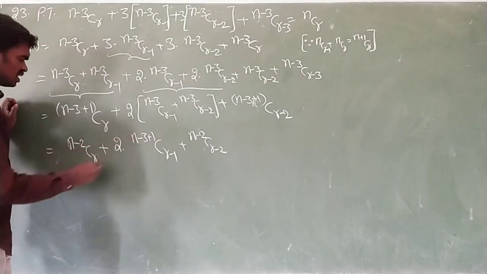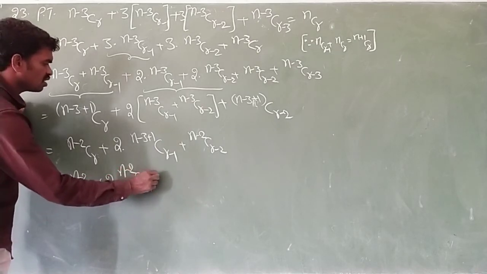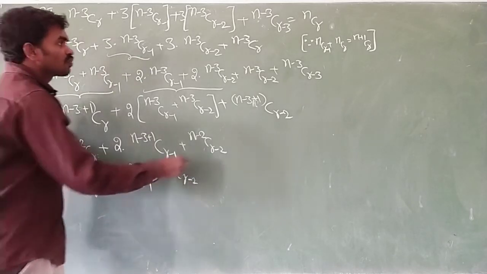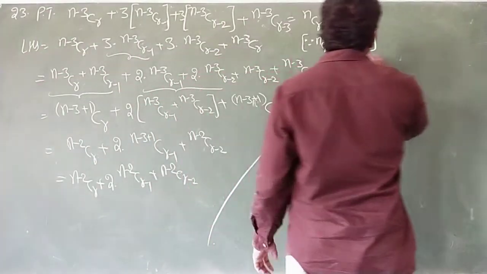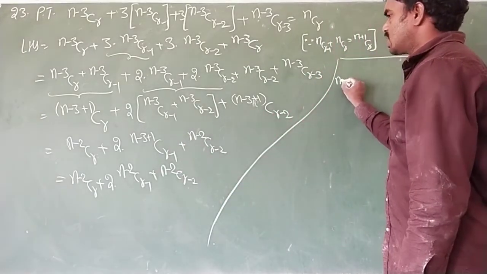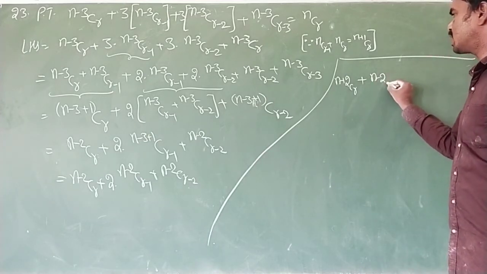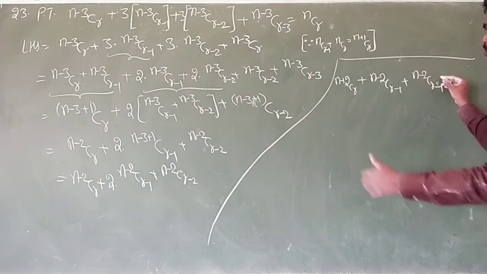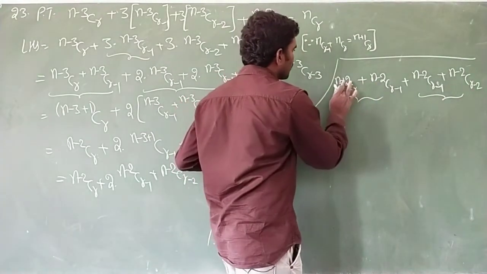Again simplify this, which is equal to (n-2)Cr plus 2 into (n-2)C(r-1) plus (n-2)C(r-2). See, again these are two terms. So the next two I am going to split it. Next steps: first, (n-2)Cr plus 2(n-2)C(r-1) can be written as (n-2)Cr plus (n-2)C(r-1) plus (n-2)C(r-1). And then the last term is (n-2)C(r-2). Now from the first two and the next two, observe, these are the same, n minus 2, n minus 2.